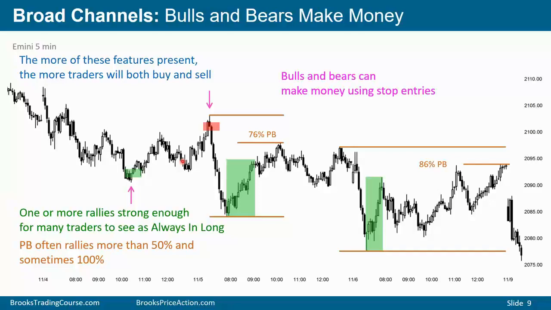Bears and bulls can make money using stop entries. Bears obviously can make money with stops in a broad bear channel because it's a bear trend, but a lot of times bulls can make money buying reversals up from prior lows with good buy signal bars, especially if there's a micro double bottom. We went down, and then we have a bull bar here, so we went up. We have another bear bar, so down again, and then another bull bar. So now we have a micro double bottom. Bulls will buy on a stop, and because the channel is broad, the legs up are high enough so that bulls can make money entering with stop orders.